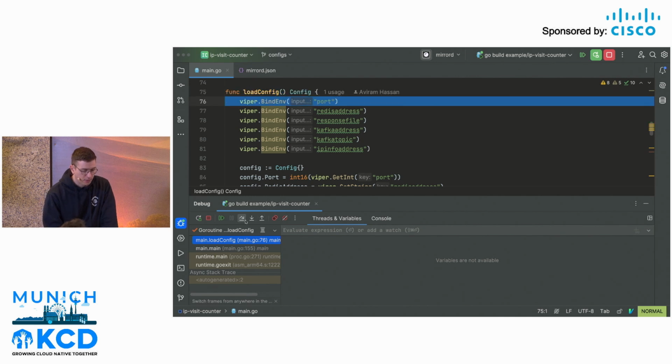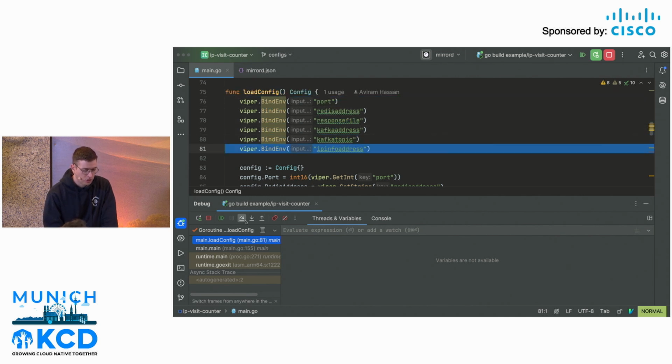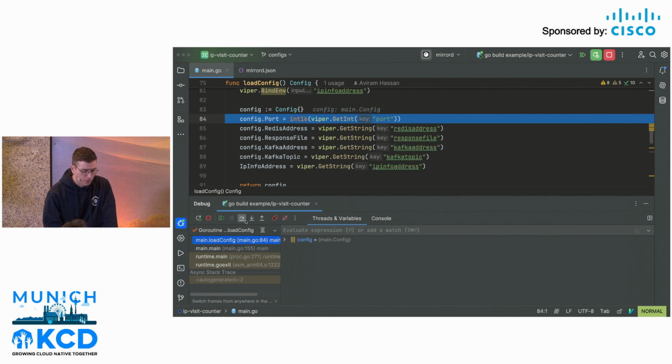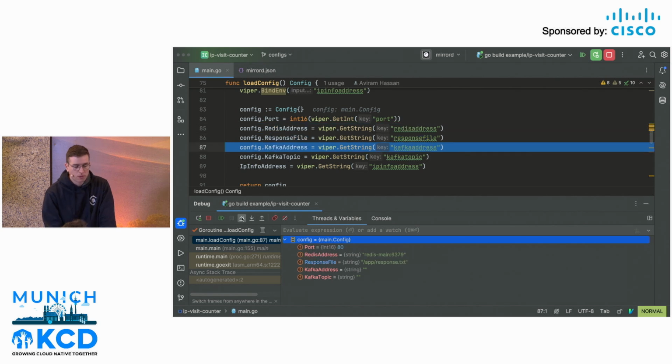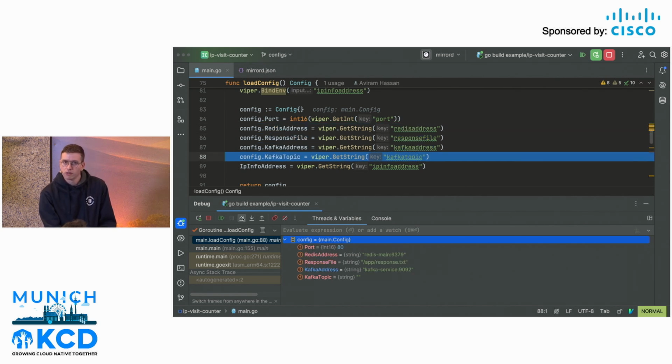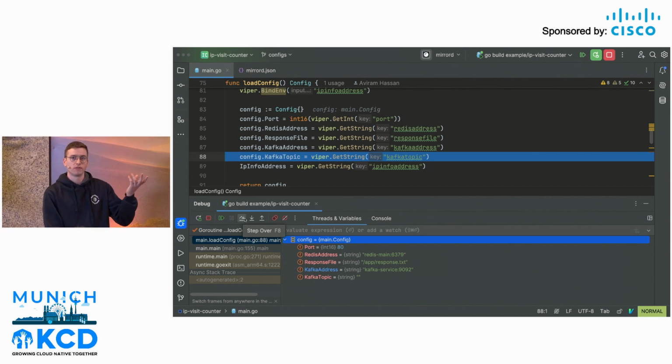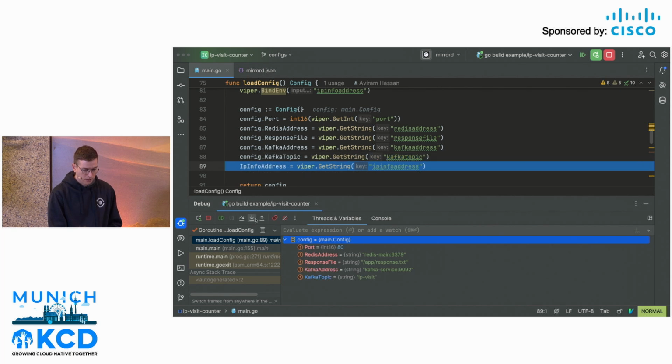But nevertheless, if we jump forward, we can see right here that the application actually gets values from those environment variables. The reason that works, even though I don't have those environment variables on my system, is that MirrorD fetched them from the cluster and made them transparently available to the application. OK, step out